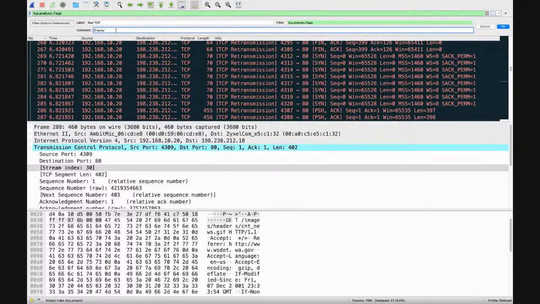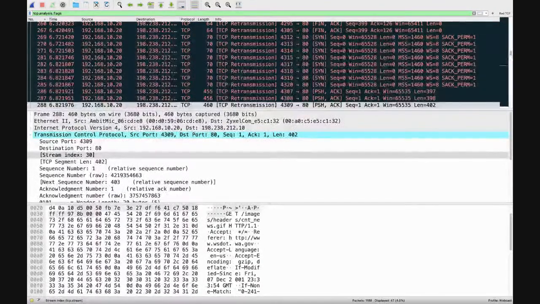Display TCP frames that are errored. We'll say that. And here we see our filter, tcp.analysis.flags, and I'll hit OK. So now we've got a brand new button up there called bad TCP.